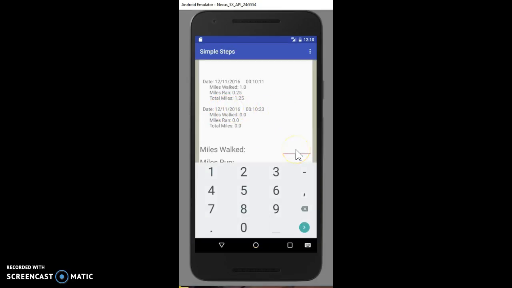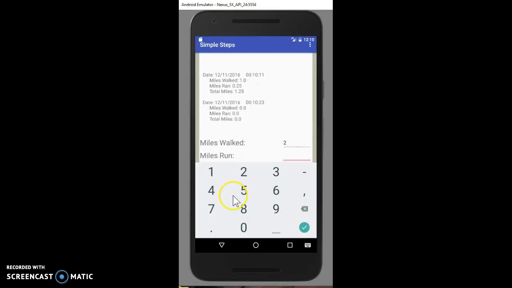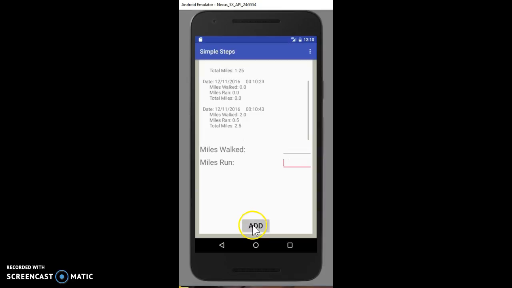And then the next day afterwards, we'll say we're going to make up for that. So we walked 2 miles and we ran a half a mile. We'll add that, and you can scroll back up and see the first day and the time that you entered it. The time is important because